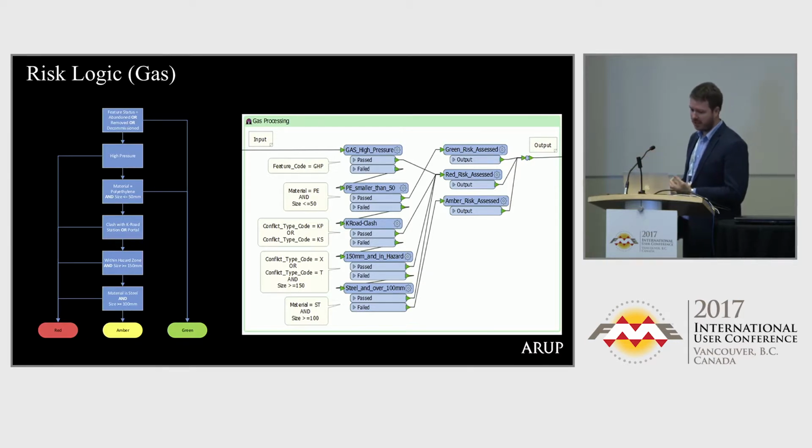For this instance, we've got gas, which you can see up the top there. It's a high pressure gas main. It's a red risk straight away. We don't want to get anywhere near those. And then we took into account whether it was a polyethylene, it was less than 50 mils,